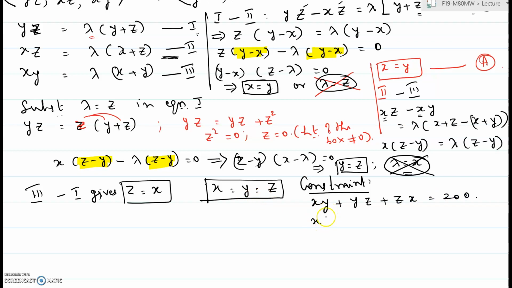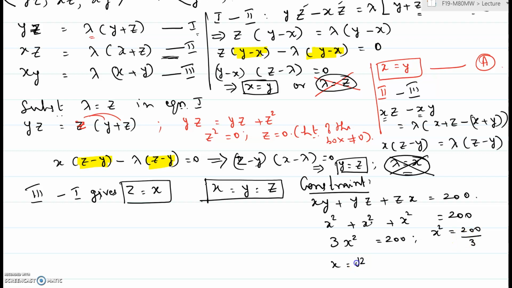So we have x times y. Y can be replaced by x, so that would give us x square. This would also give x square. This also gives x square equal to 200. Or 3x square equal to 200. That would give x square equal to 200 over 3. Or x equal to